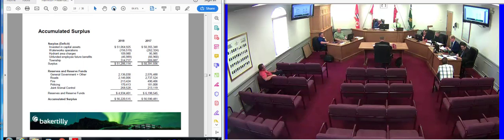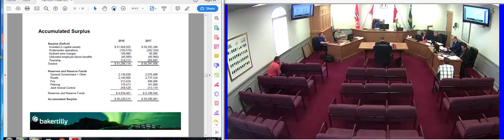And then we come to what I consider to be the important slide of all of this. So your accumulated surplus. Back previously, your total accumulated surplus showed as $56 million, which, if you recall back, you don't have that much in your financial assets. This slide then shows you why that is. Of your $56 million in accumulated surplus, $51 million of it is tied up in your tangible capital assets. So there's your idea. It's just basically the balance of that is left for you to use moving forward and